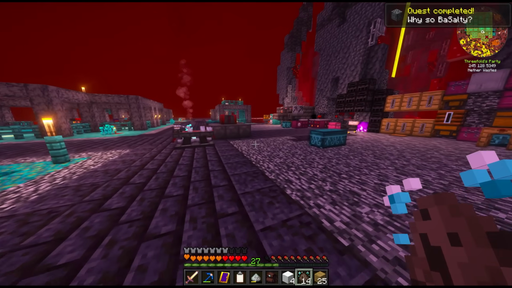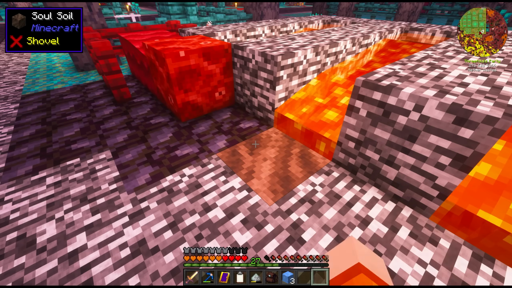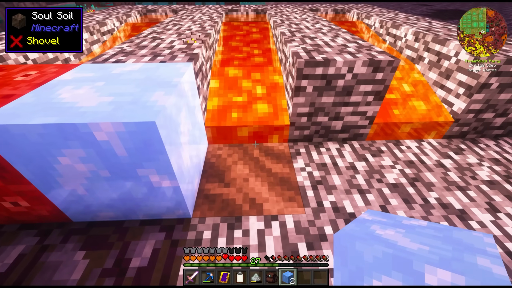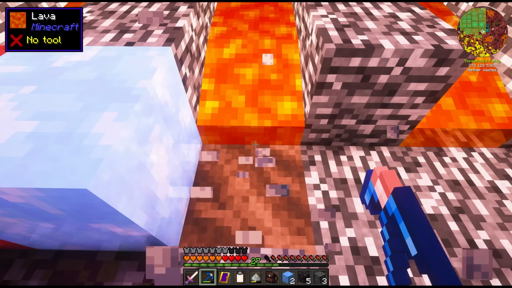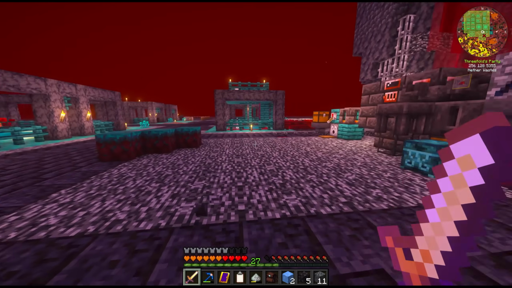Very good. Quest complete. We also need some soul soil, and we're going to expand this area here. So if we have lava touch blue ice, it should farm basalt right here. Eventually we can have a stonemason automatically produce this for us, but it was quite important that we unlock that,